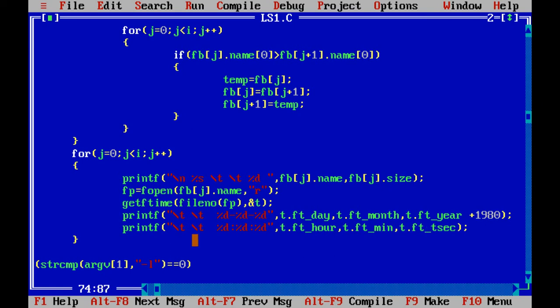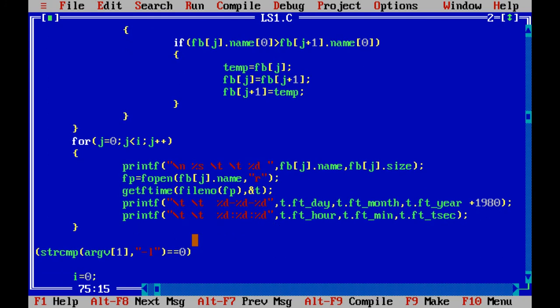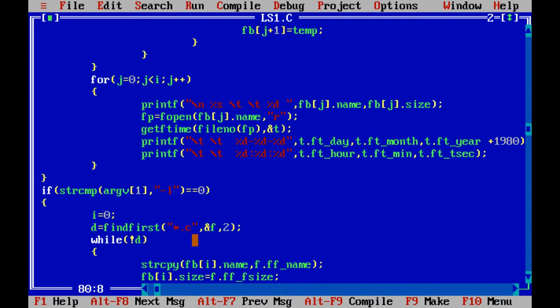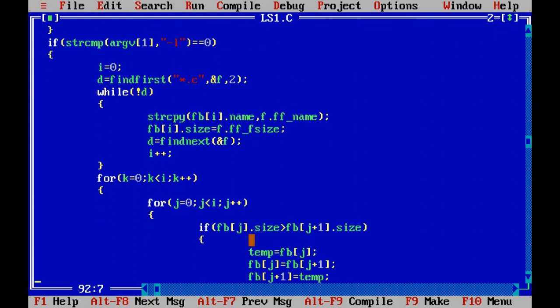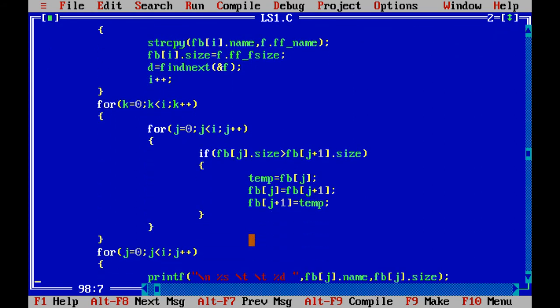The same thing is going to happen in ls -l. Let us check the code for ls -l. Yes, so here it is. We are again going to make use of the findfirst function, find .c files, store them into variable f, and display them by making use of temporary variables, or you can say temp.